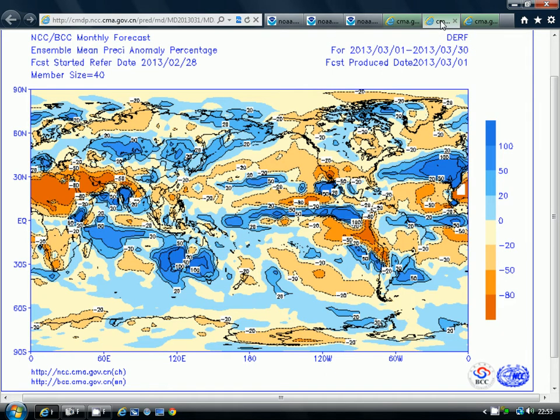For precipitation from the Beijing Climate Centre, it's going very wet here to the south and the west of the country. Again, Spain and Portugal are indicated to have a very wet month. So if you're off to Spain or Portugal in March for some spring sunshine and some spring warmth, you may be disappointed. It looks like it could be really quite a wet month indeed down there. For us, the precipitation anomaly is nearer normal. It's a little bit above average in the south and the east, and a little bit below average to the north and west. That's because we've got that area of above average height sitting to the northwest of the country.